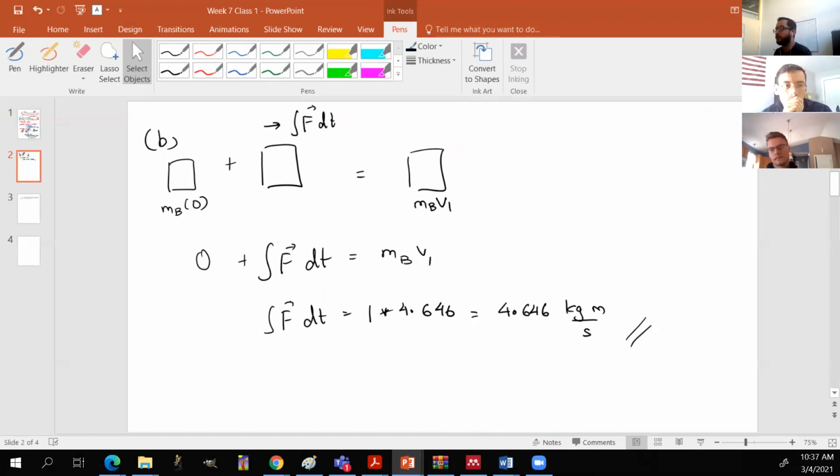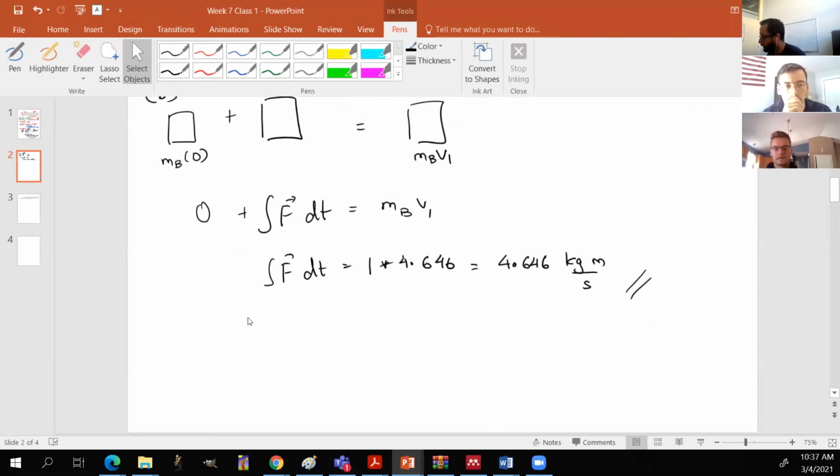Finally, you're asked to find the force. Again, guys, it looks like we'll be going 5 minutes over because we have to look at another problem. So if you look at part C, you're asked to find the force on the cord immediately after impact. And here you have to use Newton's second law. So right after impact, if I draw my free body diagram out, so this is going to be Newton's second law,